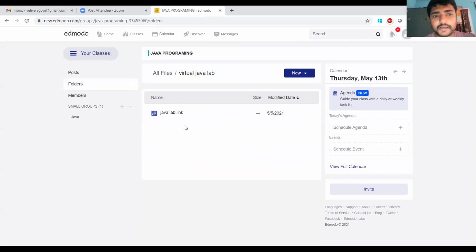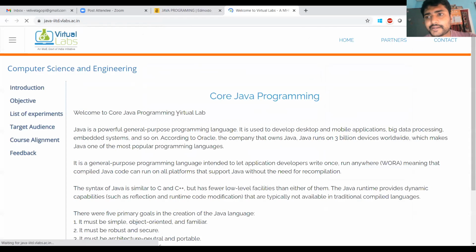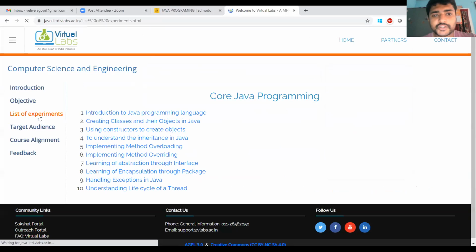So this is the virtual lab link. Let us practice method overloading in the virtual lab.